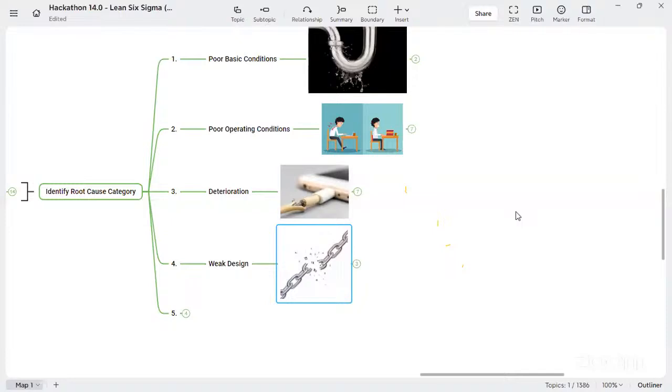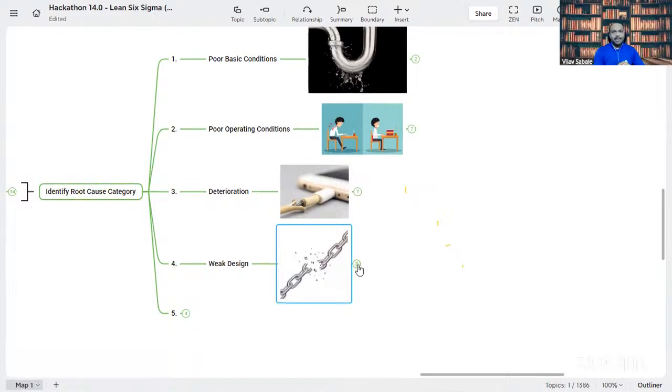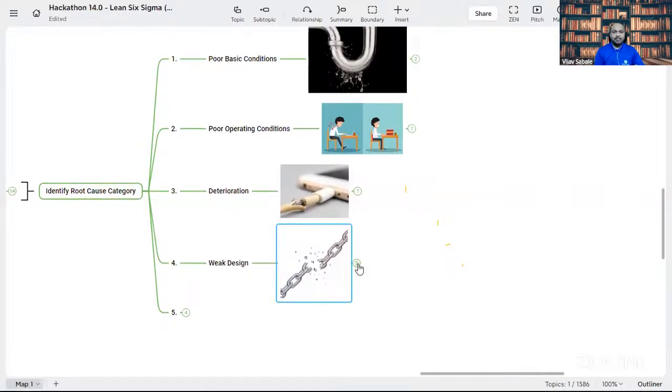Hey Vijay, you said just use DFSS in case of weak design, but you collected the data and all, it's just examples for the root cause category, right? Yeah, as I said, I'm going to explain it with the help of our model project. We have multiple examples there, right? There are three root cause analyses, and I'm going to discuss in that as well how to identify which category it belongs to, right?